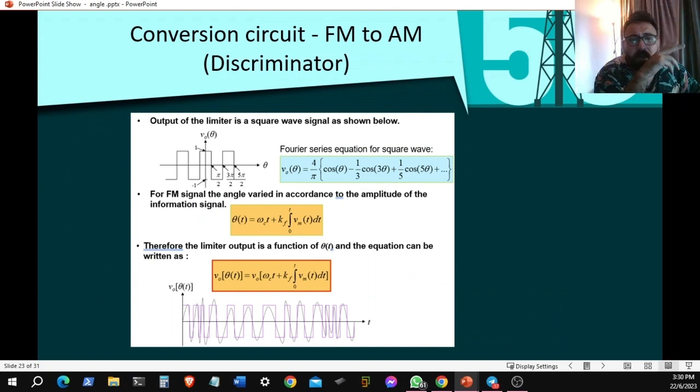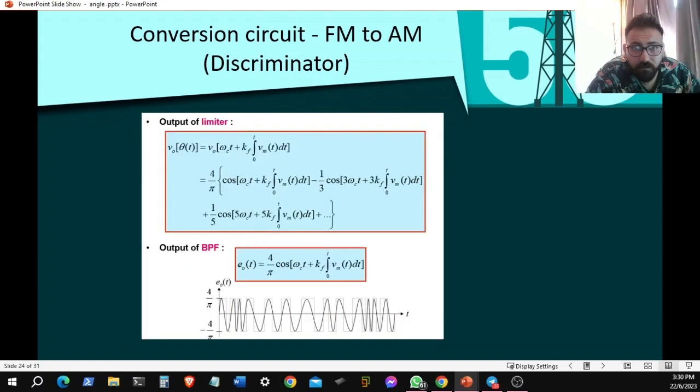And now let's talk about the output of the limiter, which is a square wave. As shown below, it will be a square wave, and for a square wave we use the Fourier series equation as usual, which was taught and explained in Signals and Systems last year. For an FM signal, the angle varies in accordance with the amplitude of the information signal, as shown in the equation. Therefore, the limiter output is a function of theta t, and the equation can be written as shown in the slides. And then we have the output of the limiter, explained clearly and step by step mathematically here,